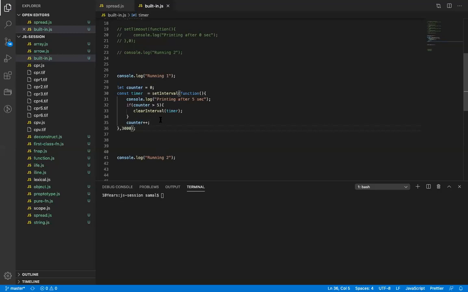Every time it is executing, the counter value will get increased, and if it is more than 5, then the clear interval will be called, where the timer reference will be passed. The timer is defined here, and because we are again using a kind of circular reference, the variable is declared outside and we are using it inside, it is a referential check. So it removes the interval from the code and it will stop executing the intervals.